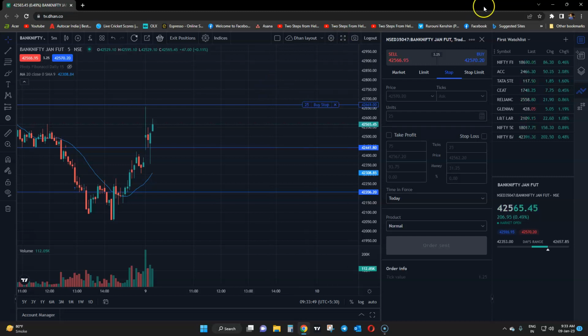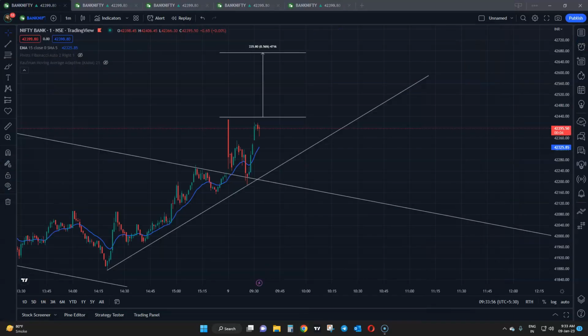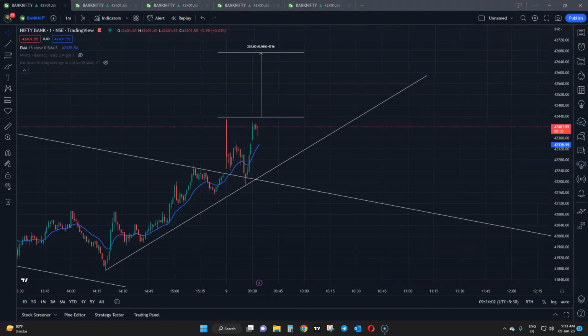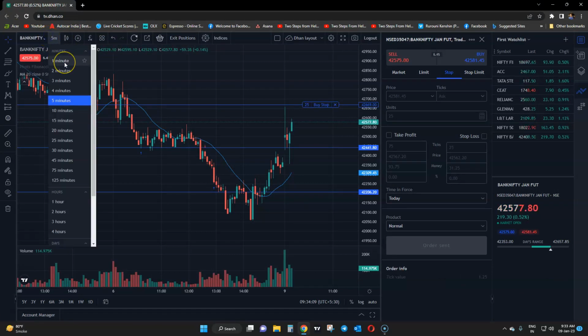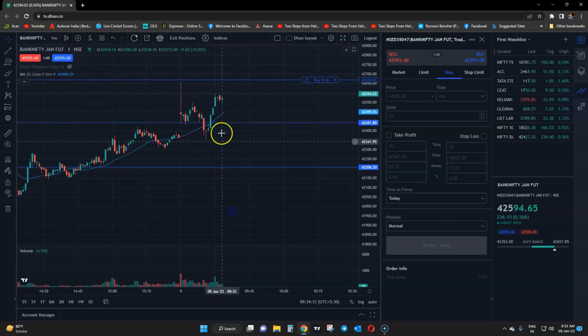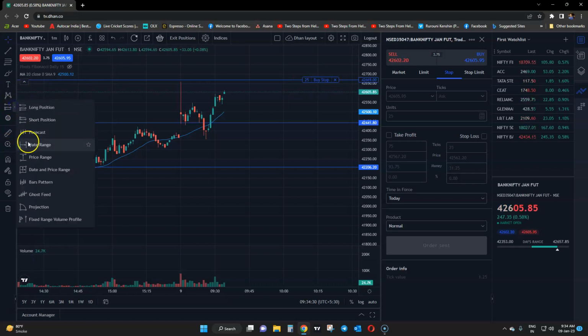So is the time appropriate yet? I'll just put this aside for now. I'll bring it when the order gets triggered. So is it? No. So am I making a mistake? Have a look. You don't want to buy it expensive when you can buy it cheap. So there you go. Flag formation's here, right? My buy is here. This is a good 60 points. I'm buying more expensive, right? If you're worried about the flag failing, then you should not buy,